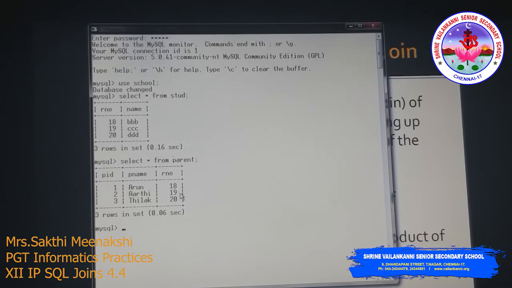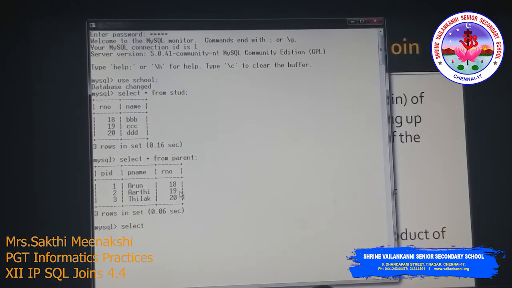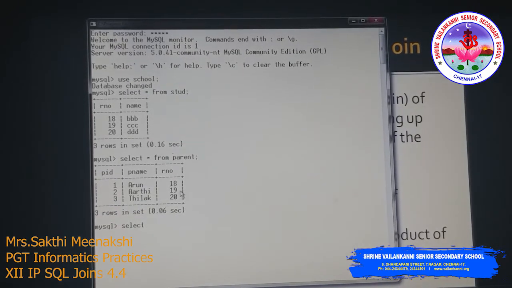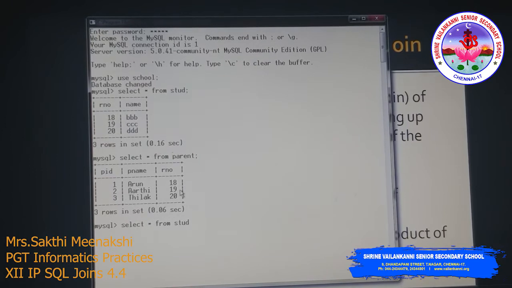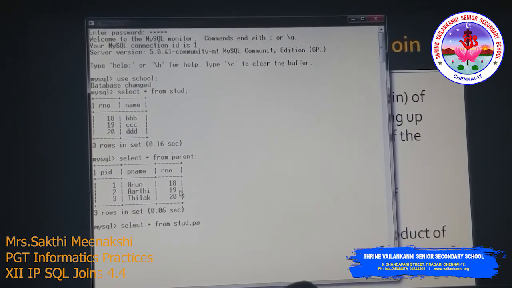Let's first do the Cartesian product. The Cartesian product is nothing but merging two tables. In the normal select query, you use two table names: select asterisk from STUD comma parent.